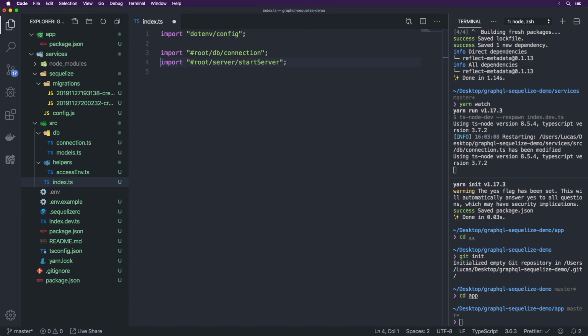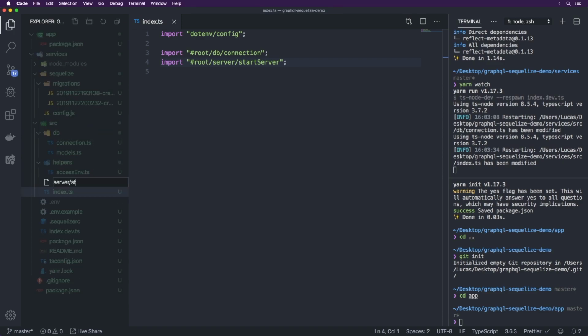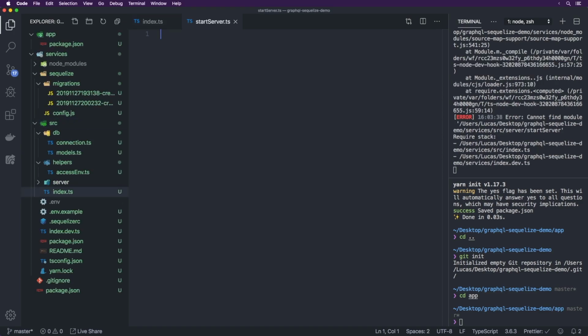So specifically, let's uncomment this line here, and let's create a new file inside of server called startServer.ts. And inside of this file, we're going to do import ApolloServer from apollo-server-express. So this is going to be our Apollo server. Import cors from cors, import express from express like that. And then we're going to write const port is equal to